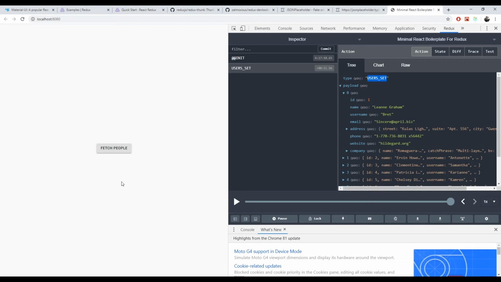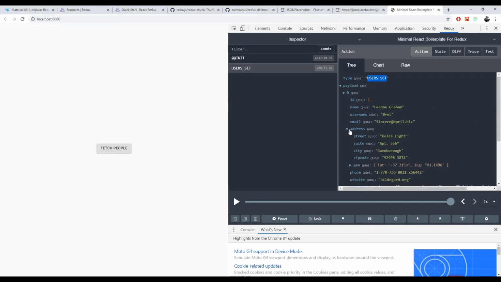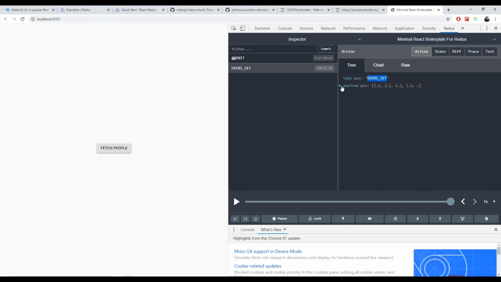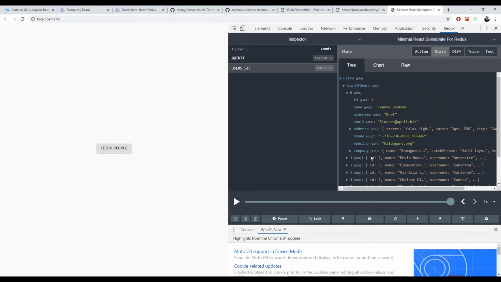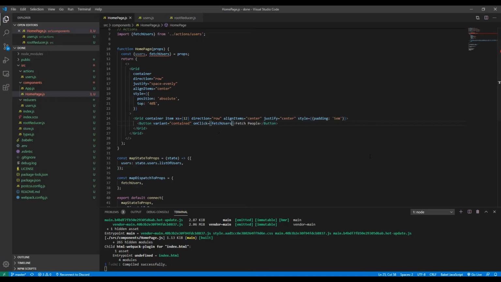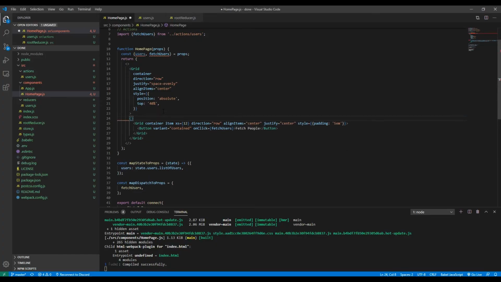And all this data is also available in our component. We're not using it for anything, but it is available. As you can see, this is our current Redux store. This is our current Redux store state. So there's a list of users and there's an actual list of users. So what can we do here? We can use this users array that we have now and map through it